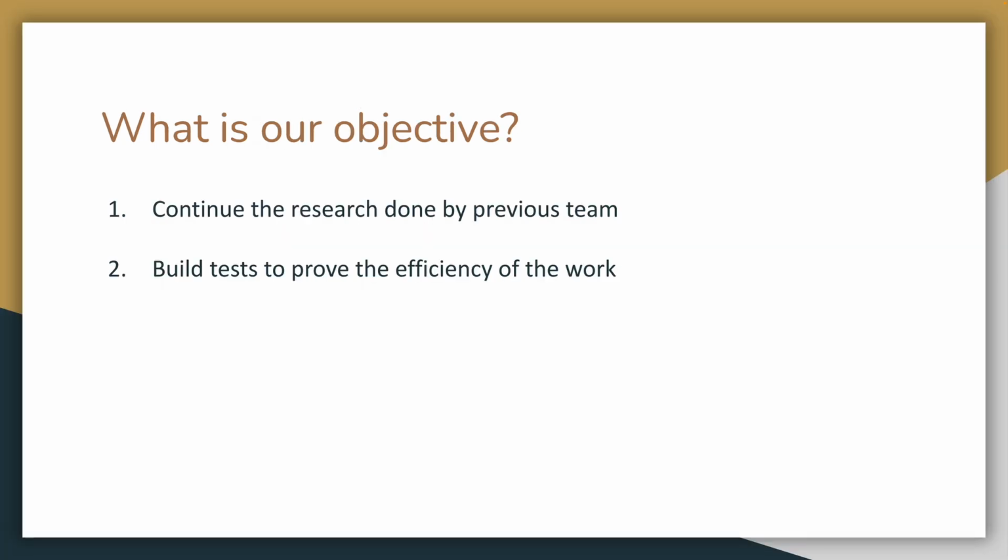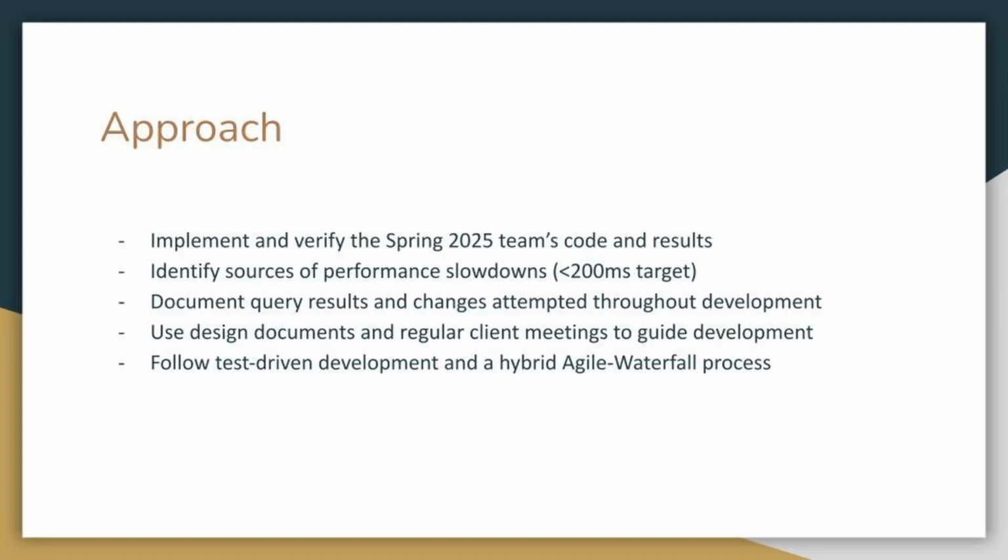Our team is building on the research done by a previous team to investigate the efficacy of implementing time varying conversions while maintaining reasonable compute speeds. The team will begin by implementing and testing the Spring 2025 Teams code to ensure consistent database performance results. Once that's established, they will identify where performance slowdowns are occurring with the goal of achieving a database response time of under 200 milliseconds. They will document query results and all attempted changes throughout the project to keep the process